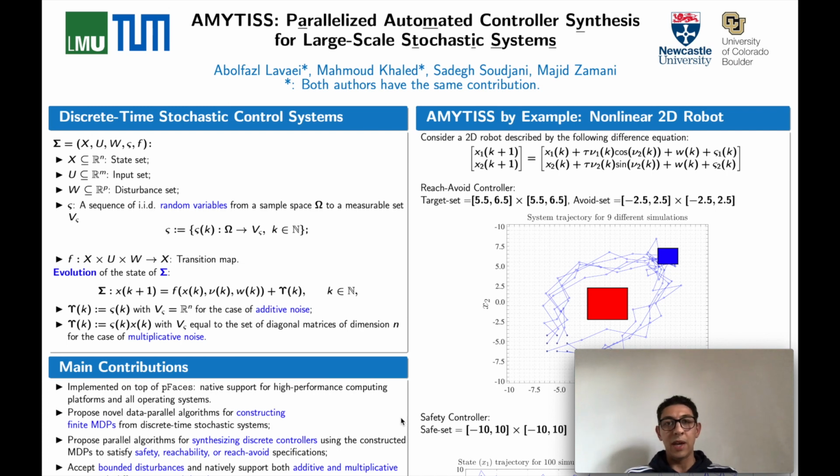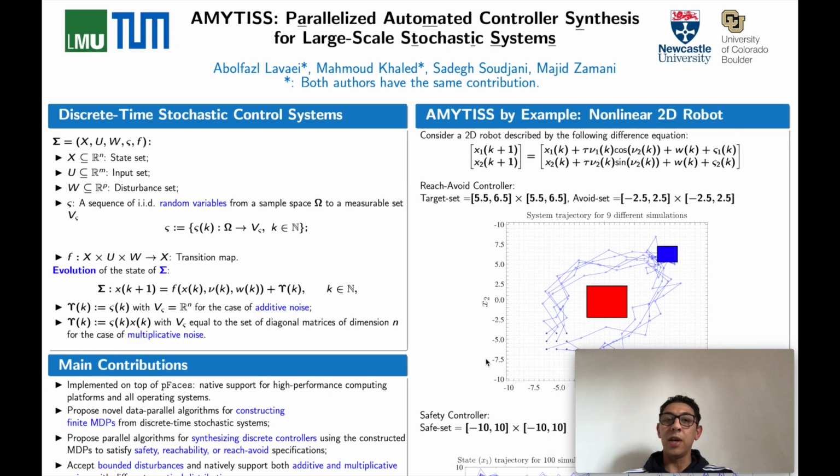enforce those specifications. Here we are considering discrete-time stochastic control systems. A discrete-time stochastic control system is a tuple. X is a set of states, U is a set of inputs, W is a set of disturbances, and sigma is a sequence of random variables from the sample space omega to a measurable set V. Here f is a transition map that takes a state and an input and a disturbance occurrence and then gives